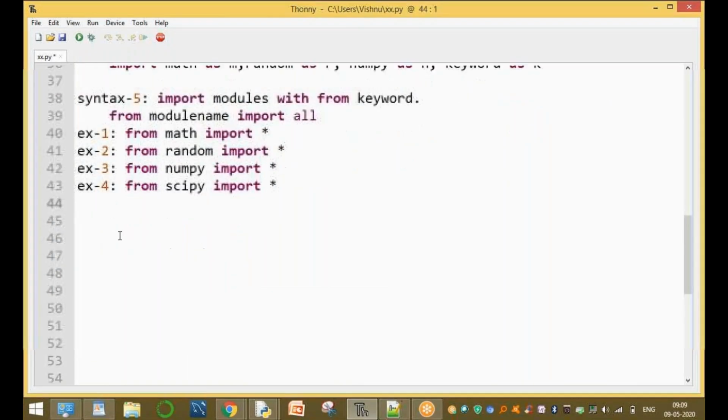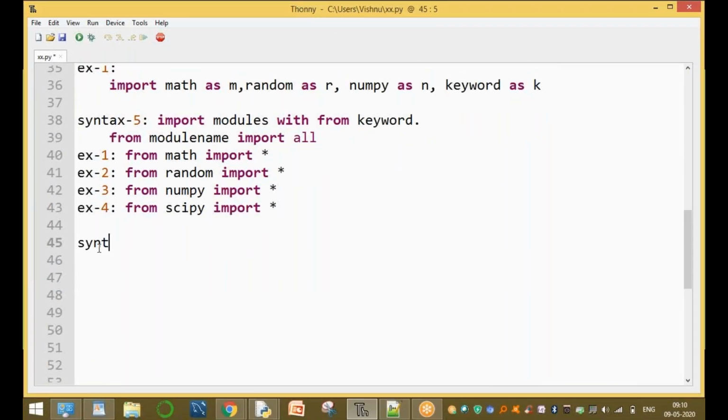Here, guys, and one more syntax, the last syntax, the sixth one, is to import the specified variables and functions only.